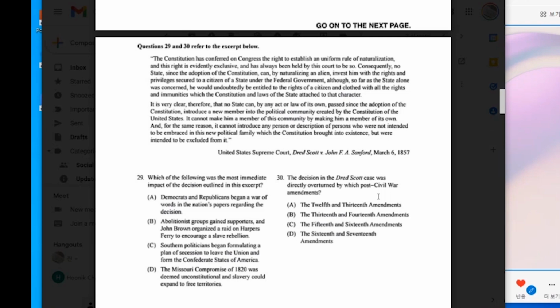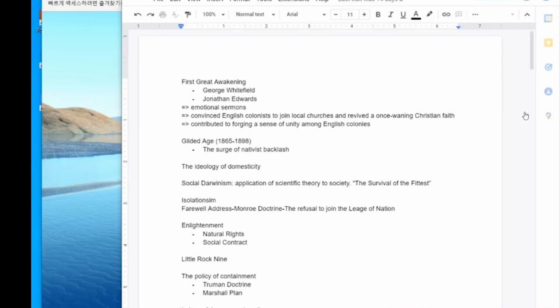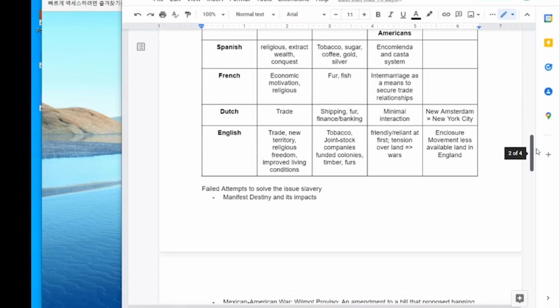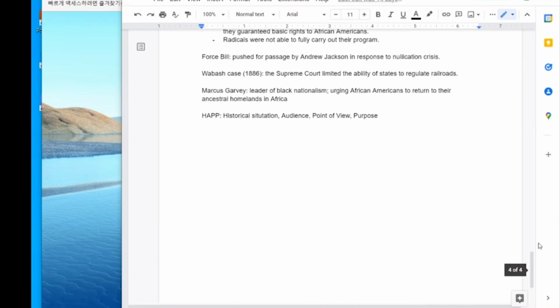I was confused on this one, but B. 29B. Okay, for this one, let's go down. So Haymarket Square